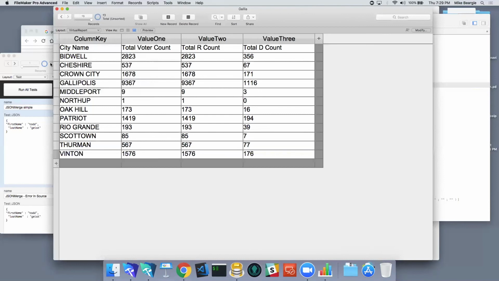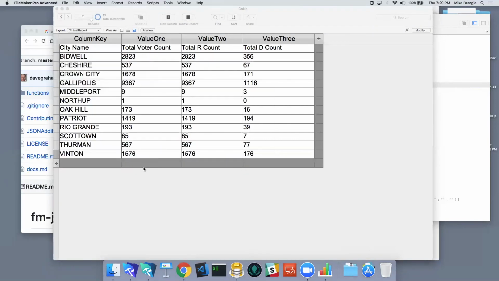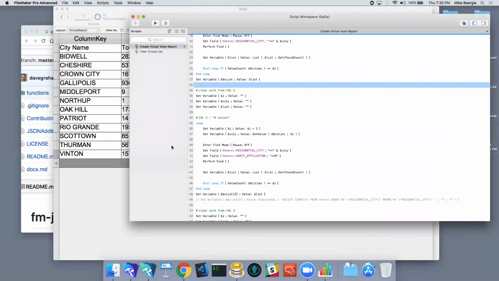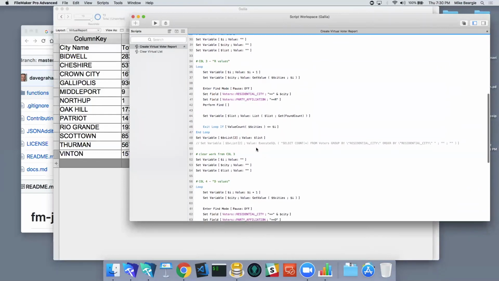Yeah. Well, I'm trying to think of it from a virtual list perspective, of what we would want to use JSON for. Because of that, I think this kind of breaks down. No, so you can create. So wouldn't you have an array? So we were talking about this before. So let's build a different kind of